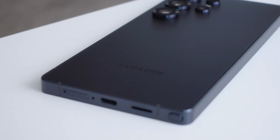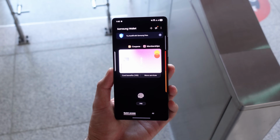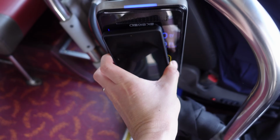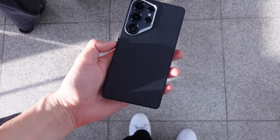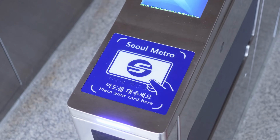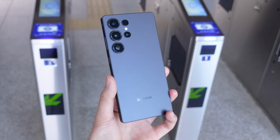So it's not just an Android versus iOS thing here, it's really a Samsung versus everyone else because Samsung's payment system is the only one that works everywhere. Everywhere includes public transit. The payment processors for Korea's subway, bus, and even taxi payment systems have partnerships with Samsung and no one else as of right now. So the only tap-to-pay mobile payment service that works with public transit is Samsung Pay. With Korea's public transit system being a unified service across the entire country, Samsung Wallet will work for public transit